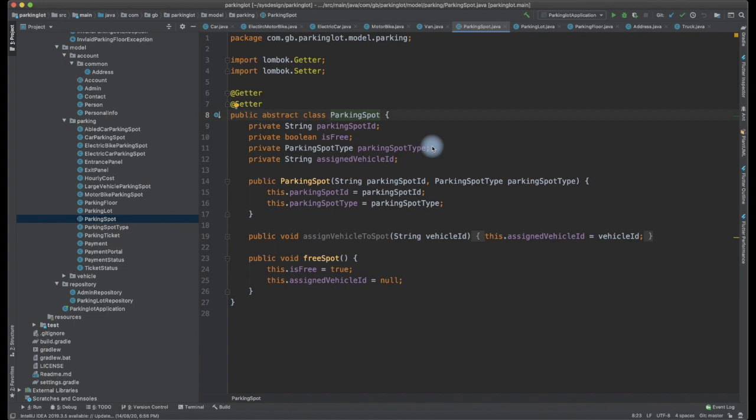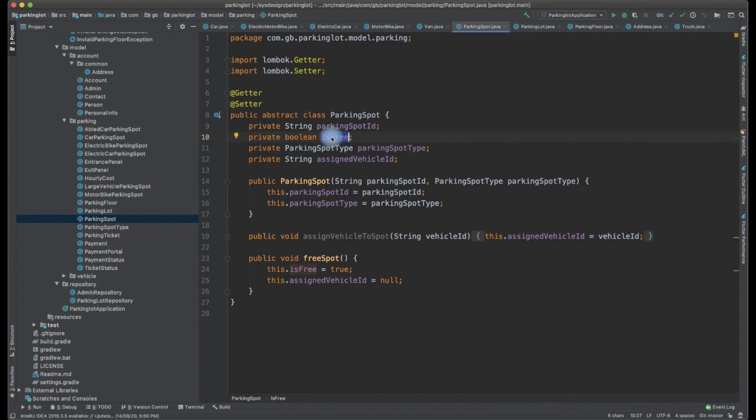I prefer that way because, considering this is a solution, we will not have an infinite number of spots available for a particular parking lot. Even the biggest parking lot might be able to park 100,000 or 200,000 vehicles. I have not seen more than that, so think that way. A sequential numbering with the prefix of the vehicle type is what I personally prefer. You might think through other approaches as well. Every parking spot should be able to indicate whether a vehicle is parked in that spot or not. I am just modeling a boolean variable for whether it is free or not.